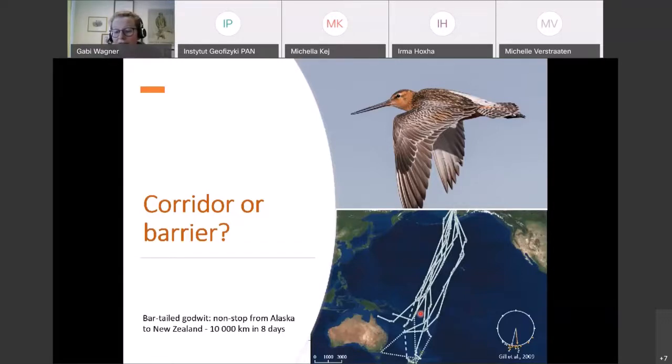So if the wind does not go as predicted, if they get too tired, if anything happens, they will drown in the Pacific Ocean. On the way back in spring, they will take the more sensible and much longer route, which takes many weeks, along the Asian coastline, where they have lots and lots of stopover sites where they fatten up and eat all the time, so they're much less exposed to the elements. So this is an amazing migration, straight across the Pacific Ocean in autumn, and a long leisurely trip along the Asian coast in spring.